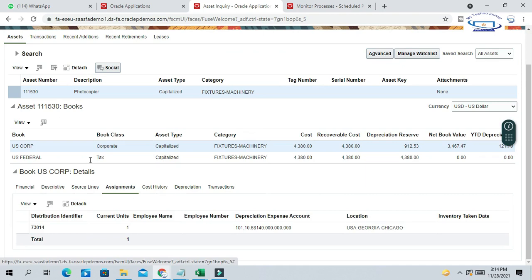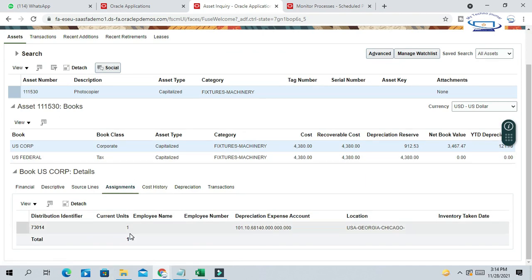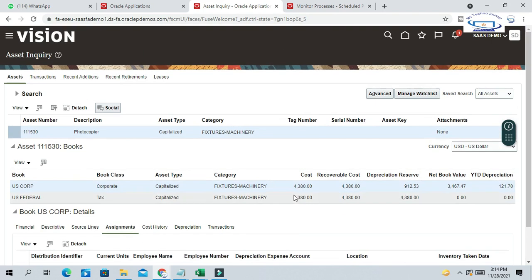If you navigate to the assignment tab, you can see the current unit is 1, the depreciation expense account is available here, and the location is USA Georgia. If you adjust or change any of this information, you can do it through the mass FBDI process.